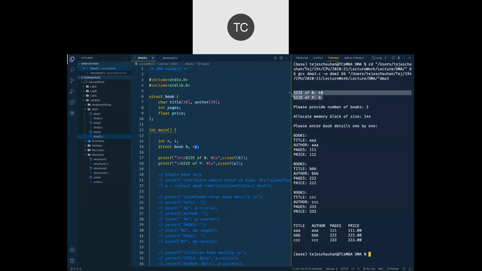Now this much amount of memory is fixed, okay, and it is not going to be changed at any point of time within your program. आपके प्रोग्राम के अंदर B और P की साइज कभी चेंज नहीं होगी. It's a simple variable declaration. And your program will require this much amount of memory to store something inside that. P के अंदर एड्रेस स्टोर करना है तो आपको 8 बाइट चाहिए. अब वो एड्रेस किसी का भी हो सकता है, but P will require 8 bytes.